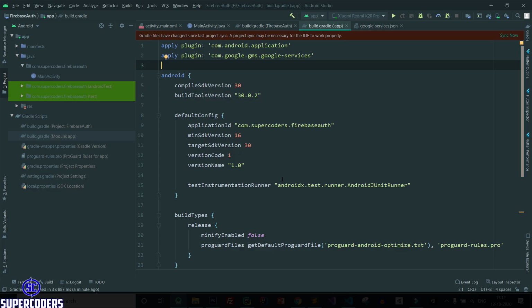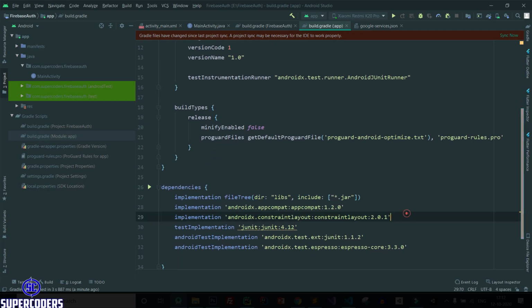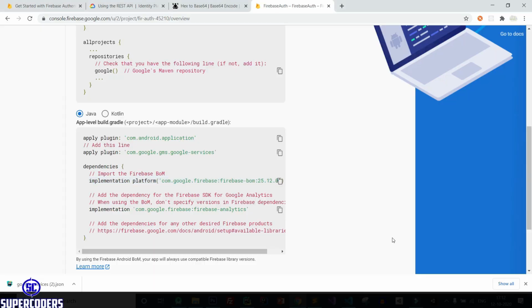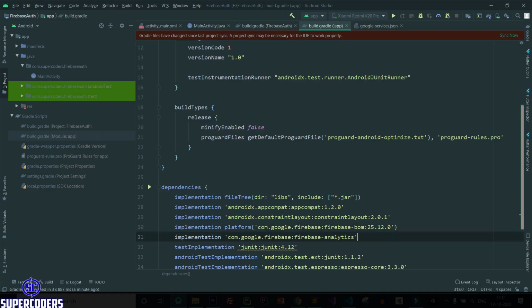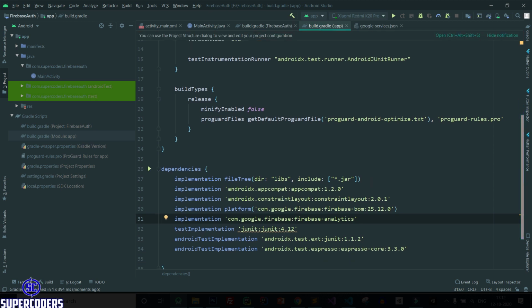So copy this and paste it here. After that you need to add Google Analytics. So copy this Google Analytics and paste it here. Click on sync now, and it is done. So in this way Google Firebase imported in our project. Let's close this Gradle file.